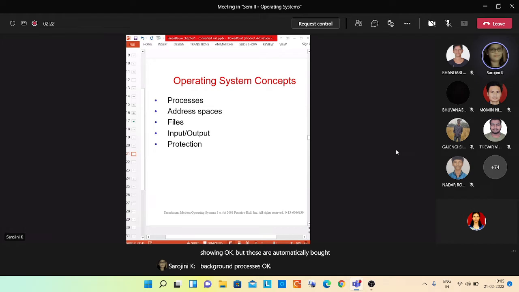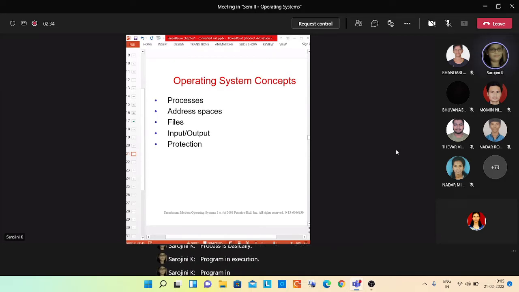So a key concept in all operating systems is process. Process is basically a program in execution. There are many programs, but all the programs will not be executed all the time; only some programs will be executed.